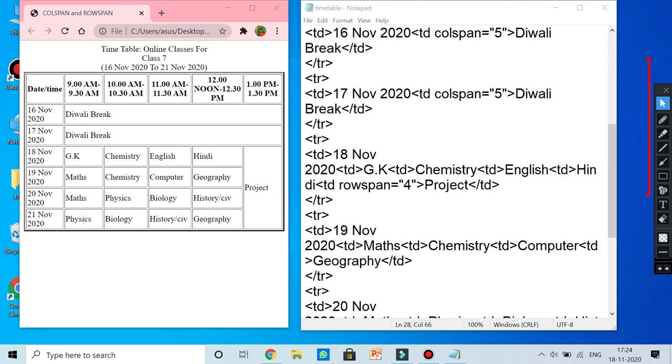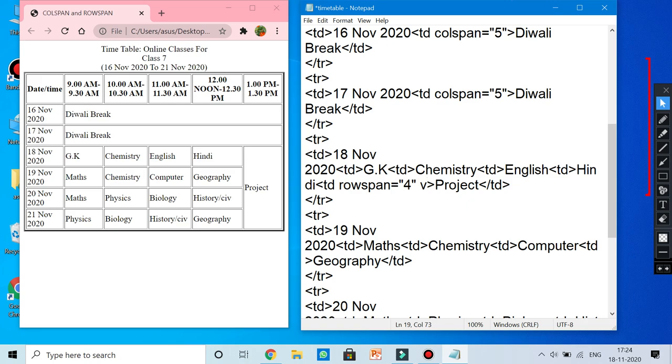Now if you want to bring this project text to the top, we can use V align. With the row span, when we need vertical alignment, we use the attribute V align.